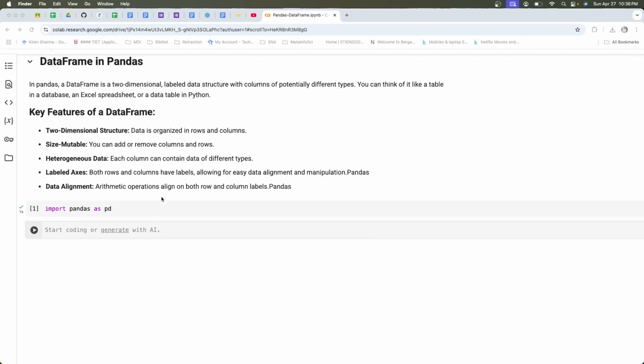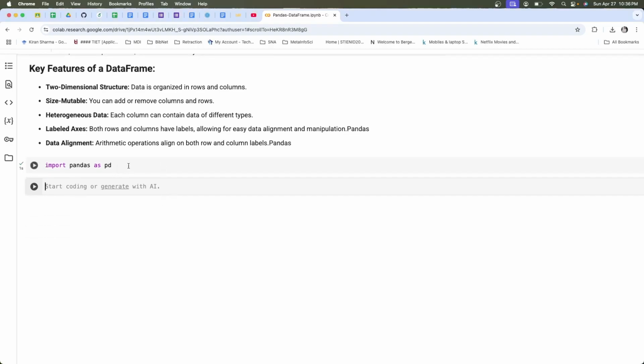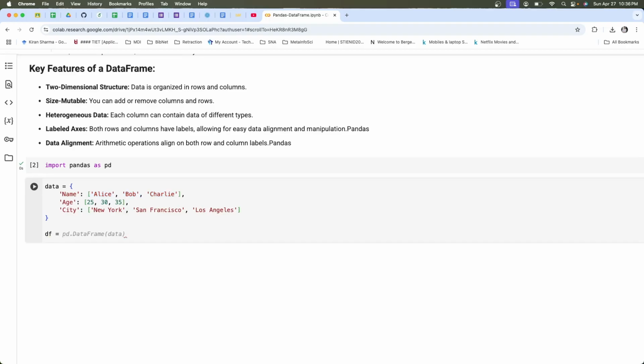So let's see in the hands-on how a DataFrame works. First let's import the pandas package. To understand the data, let's have our data initially in the form of a dictionary. Let's create a dictionary out of it. So you can have this dictionary with you. The list is passed to name, the list is passed to age, the list is passed to city. And when we have to convert, df is the abbreviation of DataFrame. You can take any variable name.